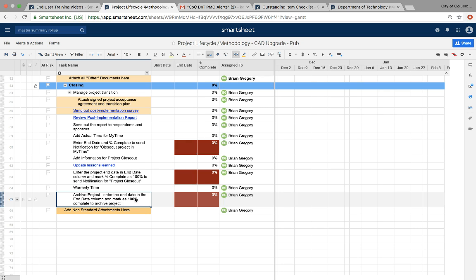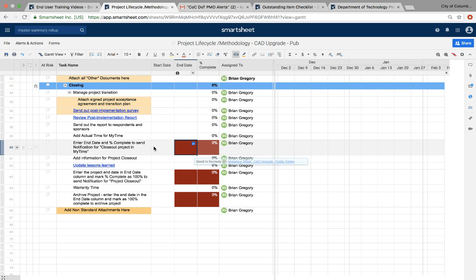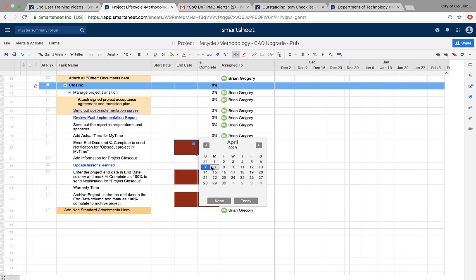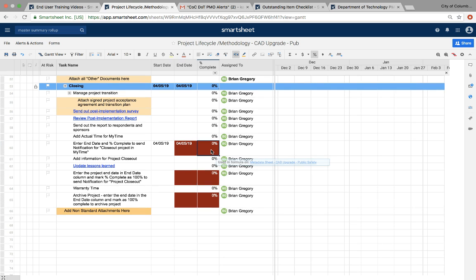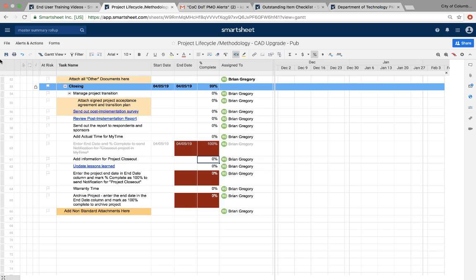So the question is, what will this look like? As a PM or a BSA, if the project is complete and I'm ready to send out the notification for the closeout in My Time, I'll go ahead, mark the end date as today, and change this to 100% complete. And once I save, it's going to update our summary roll-up sheet. So what that sheet looks like, if I go ahead and open that up,